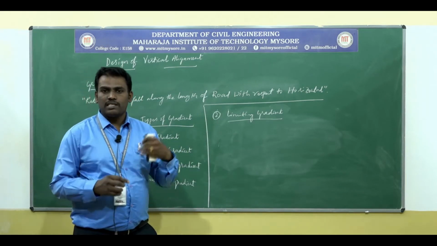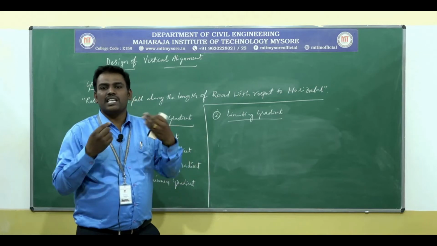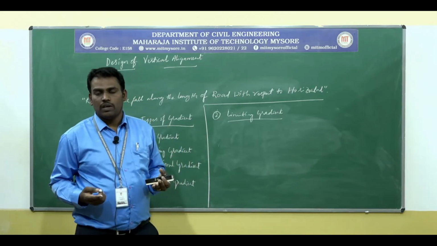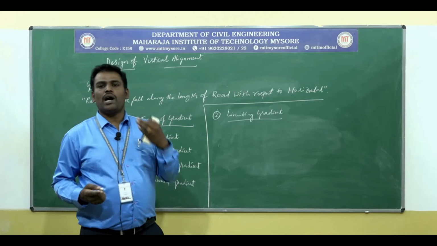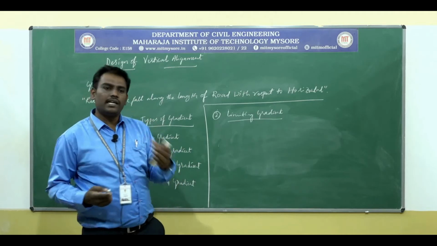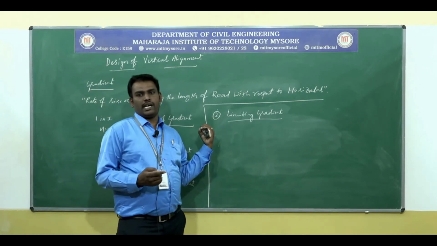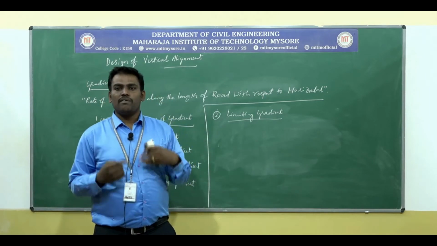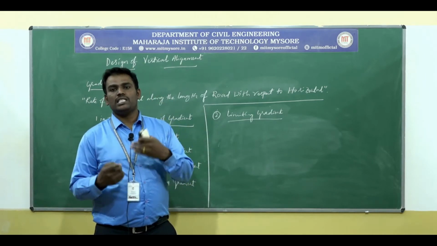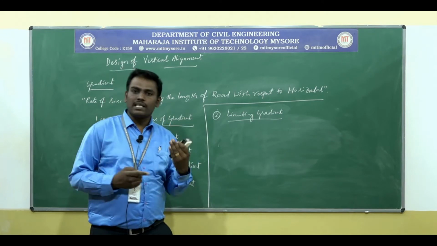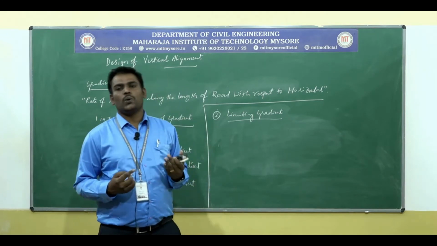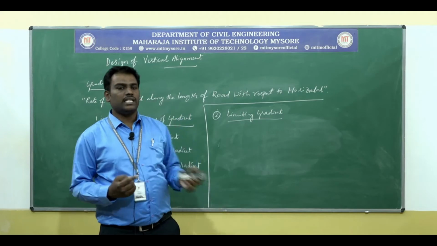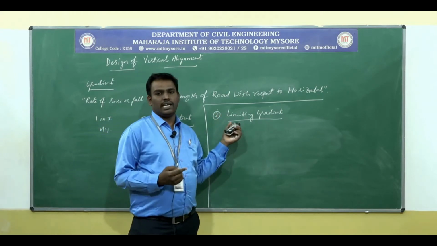Is it clear? It means that in some circumstances or in some stretches of road, it compels adopting steeper gradients than the rolling gradients, particularly on rolling terrains and hill roads, where it may be frequent to provide a gradient steeper than the rolling gradient. In that case, they are going to provide the limiting gradient.